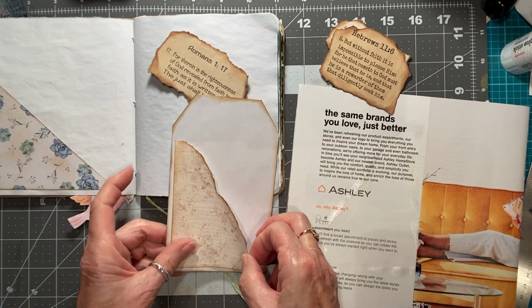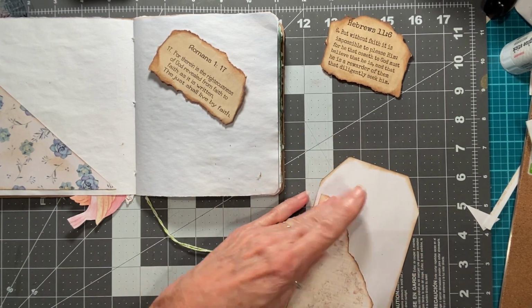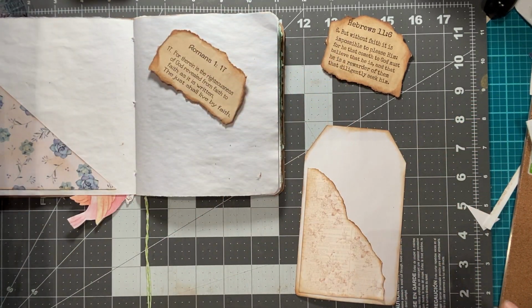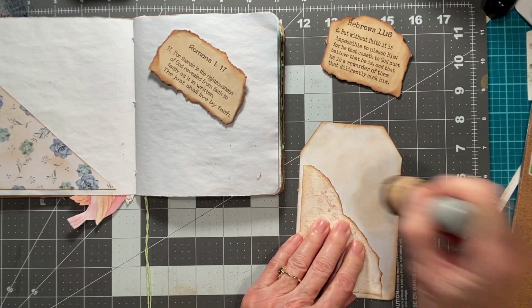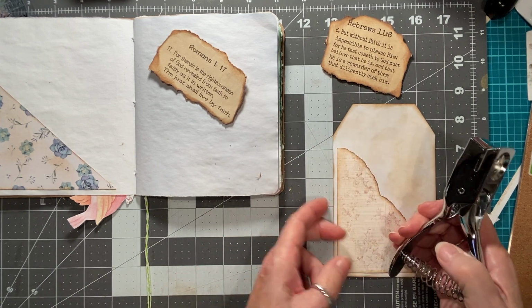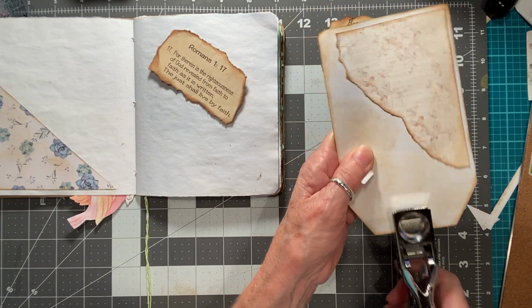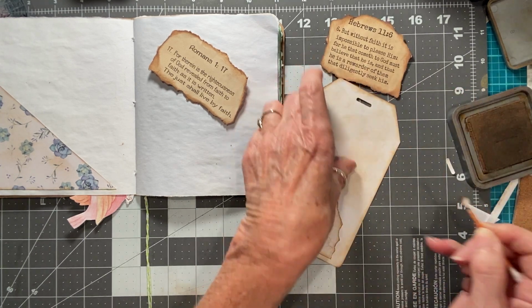So let's see, let's put that on there right here. Okay, there we go. And I want to cover that glue. I'm going to push that one aside because it's about empty. And I'm going to take this and I'm going to just kind of, don't want it stark white, and I need to put a hole there, so I'm going to use this punch, a ribbon punch I think it's called. It's got that little slot. There we go. And I need a Q-tip. Just to get this